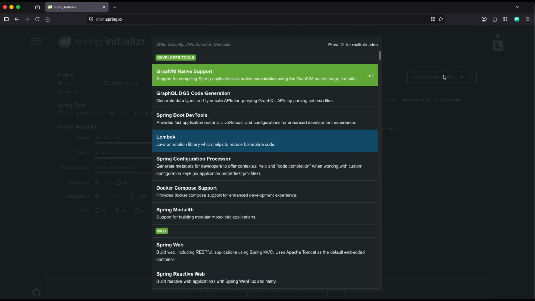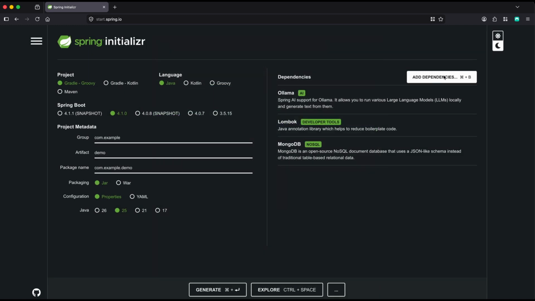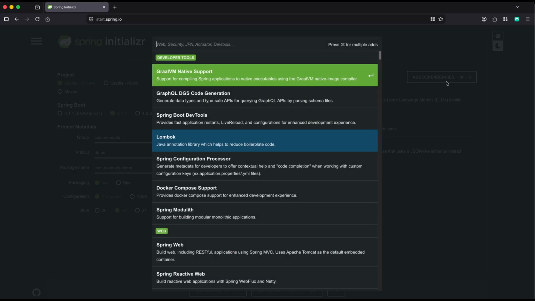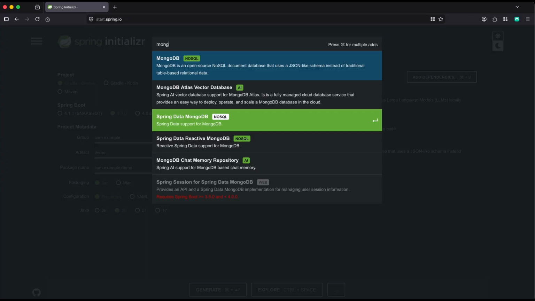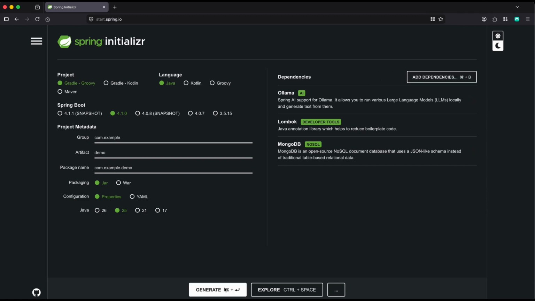And then I use MongoDB. MongoDB I'm using just for the AI purposes, and I'm gonna store the vector embeddings of the documents we upload. That also I'll show you where I do it. So if you have these three, I think there is one more I use, which is JPA. Okay, sorry, JPA we don't need because it's not a Spring application. I think MongoDB will give you Mongo repository. We'll see. We can always add more dependencies, and once you have everything, you generate,